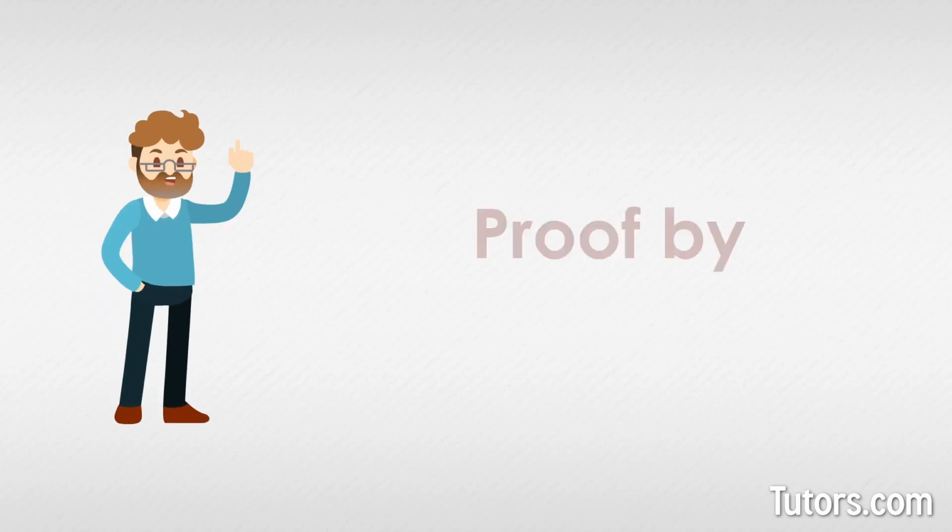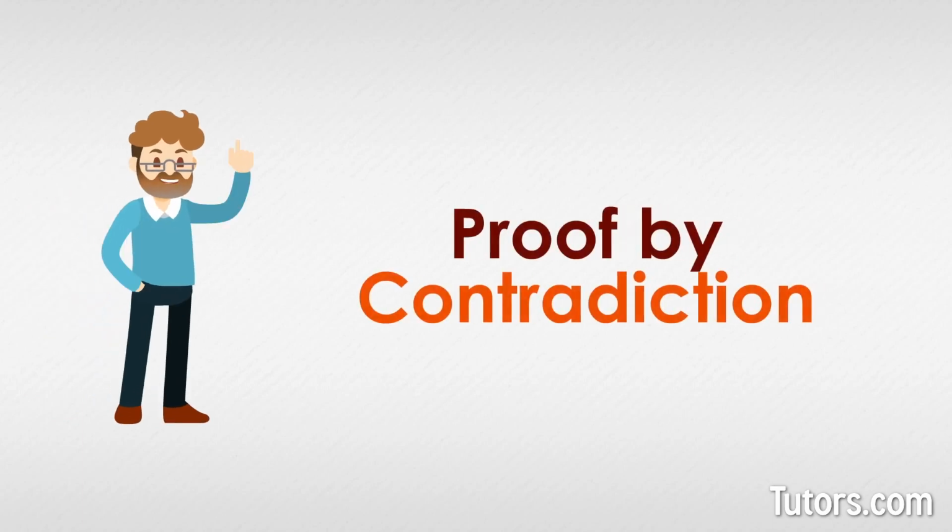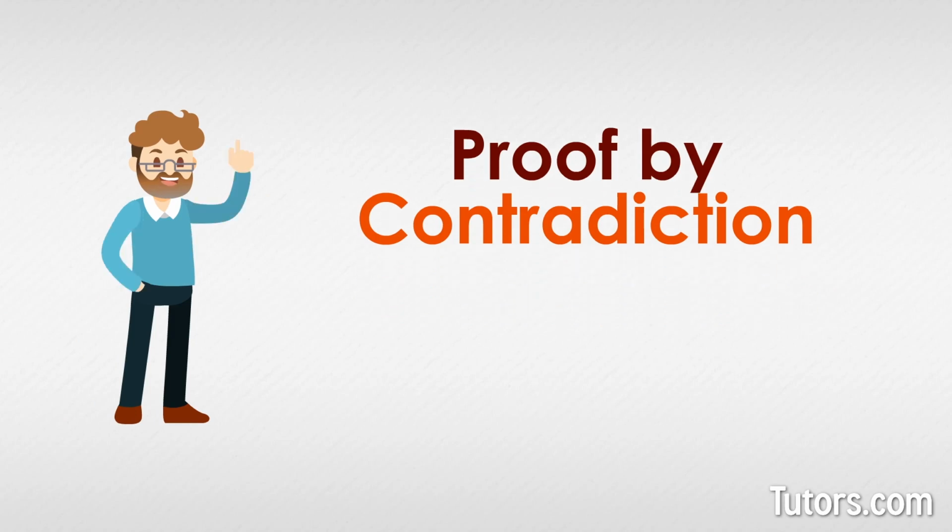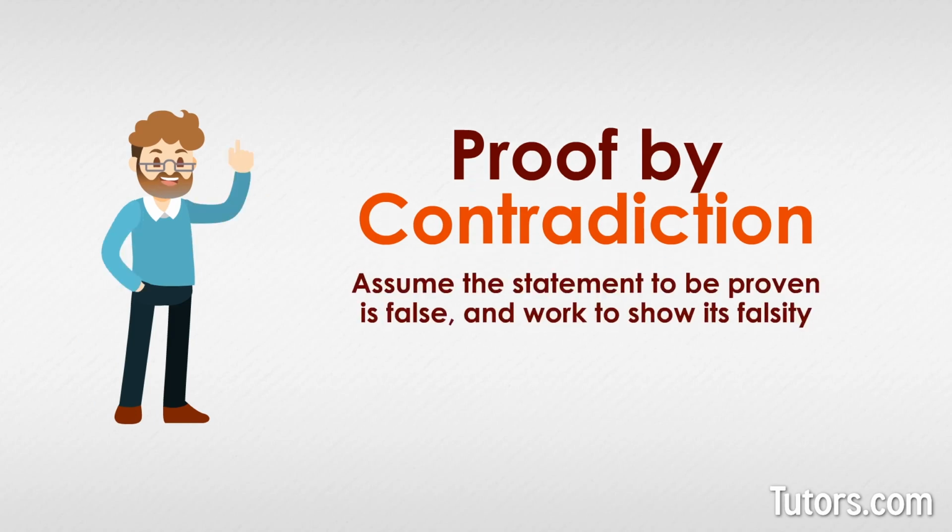Today we are going to discuss proof by contradiction, which is one of the most powerful types of proof in mathematics. It is powerful because it can be used to prove any statement in several fields of mathematics. The structure is remarkably simple. Assume the statement to be proven is false, and work to show its falsity until the result of that assumption